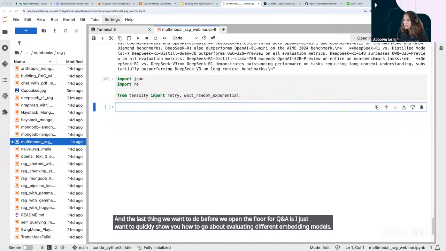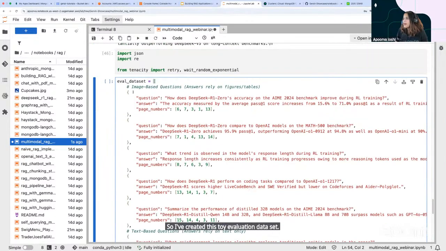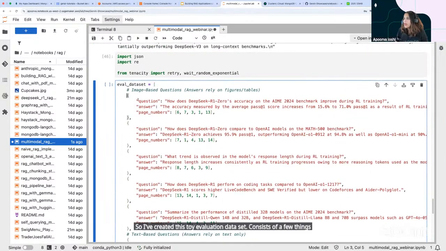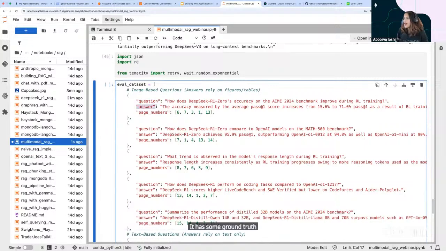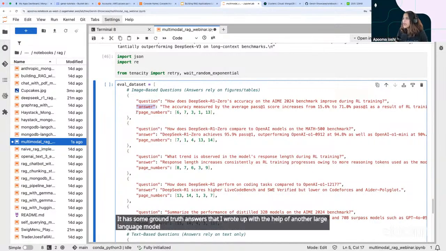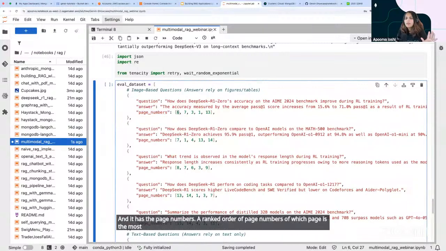So I've created this toy evaluation data set. It consists of a few things. It has a set of questions. It has some ground truth answers that I wrote up with the help of another large language model. I think I used DeepSeek. And it has the page numbers, a ranked order of the top 5 most relevant pages to this question,